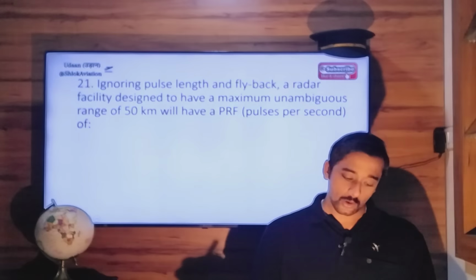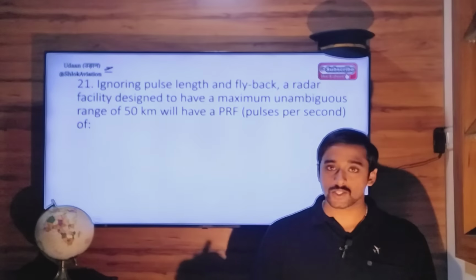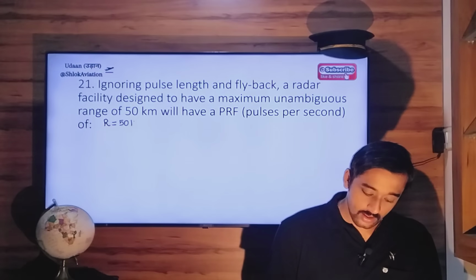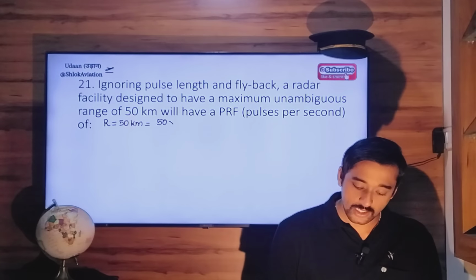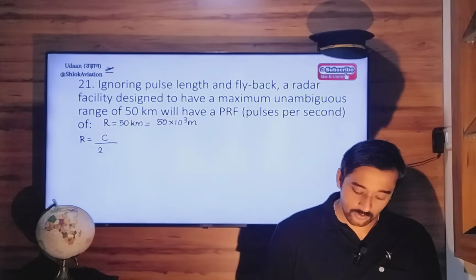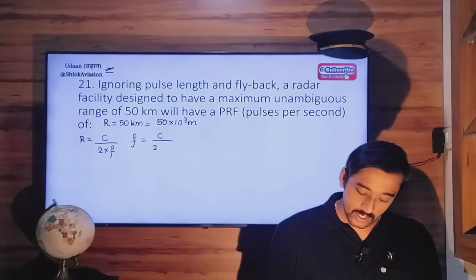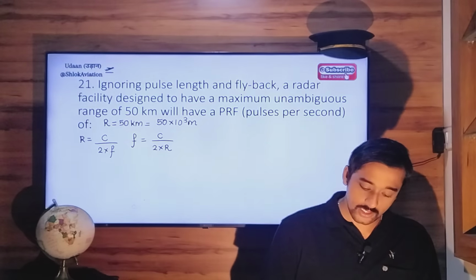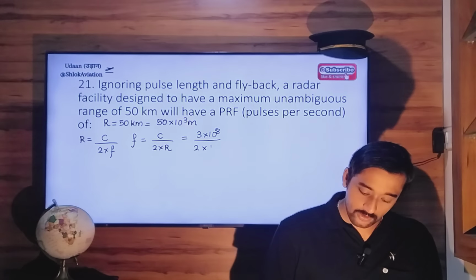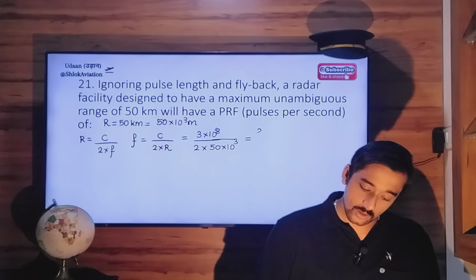Question 21. Ignoring pulse length and flyback, a radar facility designed to have a maximum range of 50 kilometers will have a frequency of how much? So range is 50 kilometers, which is 50 into 10 raised to 3 meters. Now range is equal to speed divided by 2 into frequency. Therefore, frequency will be the speed of light or speed of radio wave divided by 2 into range. Substitute the values. Speed will be 3 into 10 raised to 8 meters per second. Range will be 50 into 10 raised to 3. So 3 into 10 raised to 4